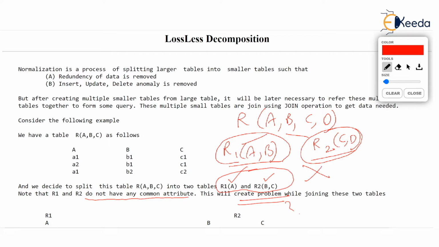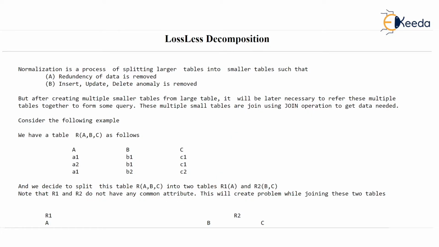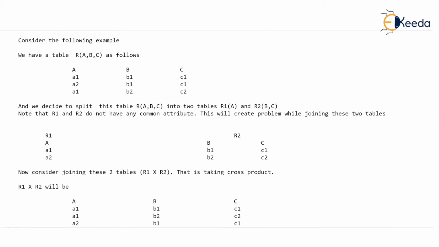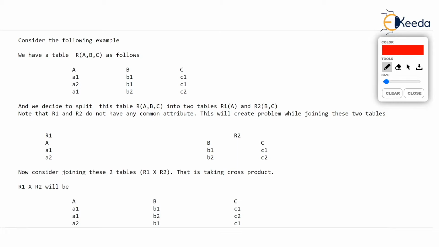Coming back to this, why is this such a problem? Here we go, let's see. Now this table R has been divided into R1 and R2, everybody knows. I have shown the R1 table over here and the R2 table along with its rows over here.